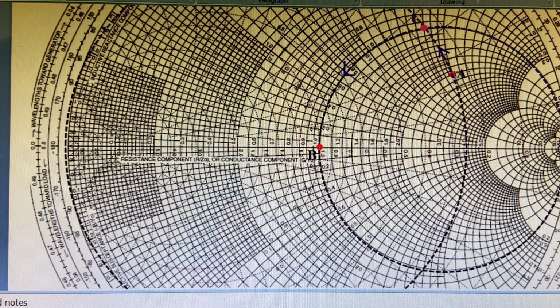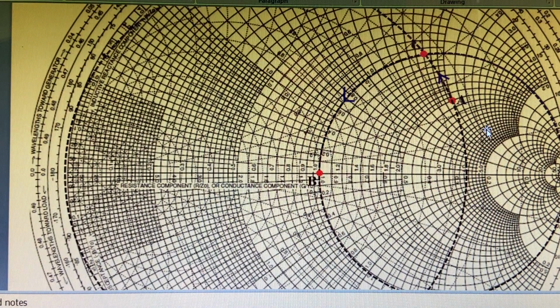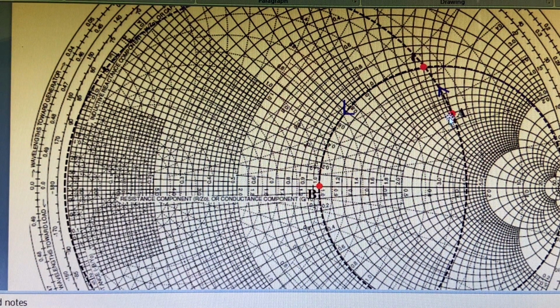Now in this discussion we will take up moving from A in the anti-clockwise direction to reach the r is equal to one circle, that is at point C. That solution we will be considering. So from this figure, from A we are moving in the anti-clockwise direction on the conductance circle to the point C where r is equal to 1. We stop there. From C we can move over the r is equal to 1 circle to reach the center of the Smith chart. This is the center of the Smith chart. So we can get a matching.